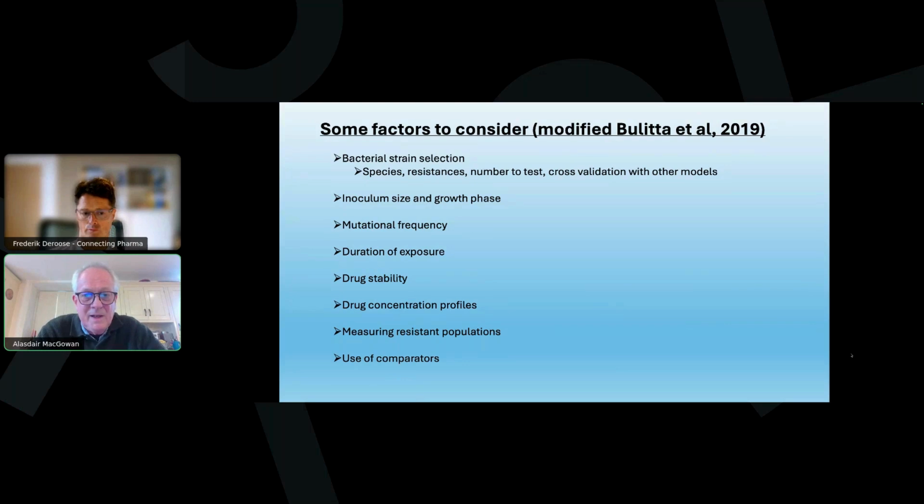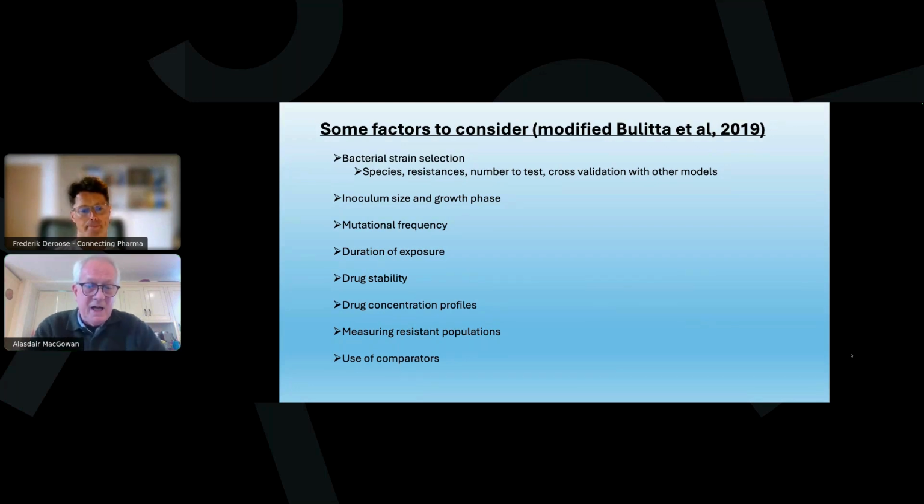You need to think about the concentration profile. Is that blood? Is it urine? Is it CSF, as Shampa said? Or is it ELF concentrations? All these things are possible. And how are you going to measure resistant populations? Population analysis profiles is the common way, or are you just going to sequence random 10 strains out of your